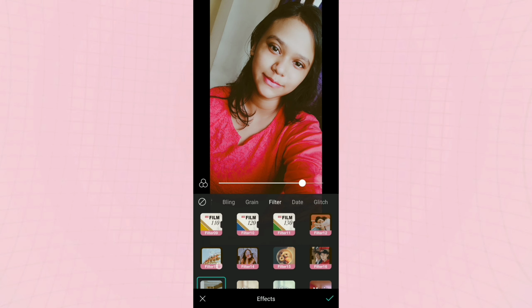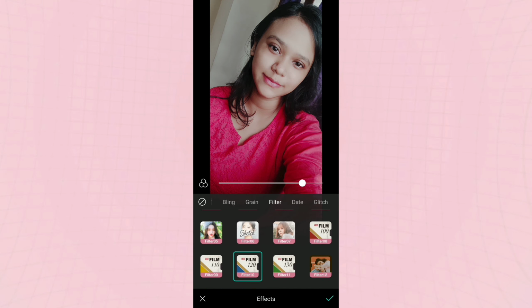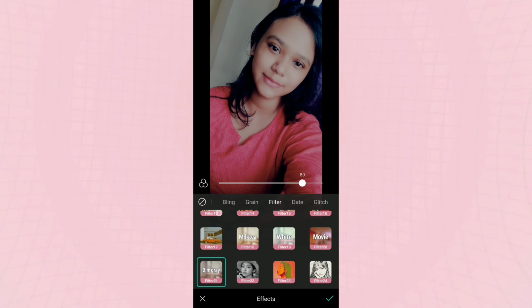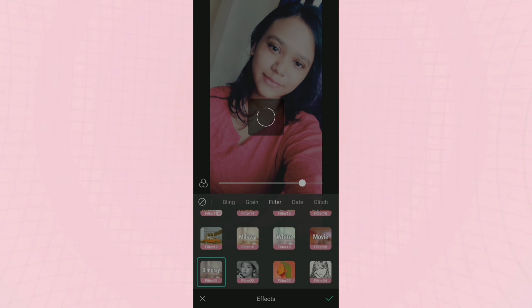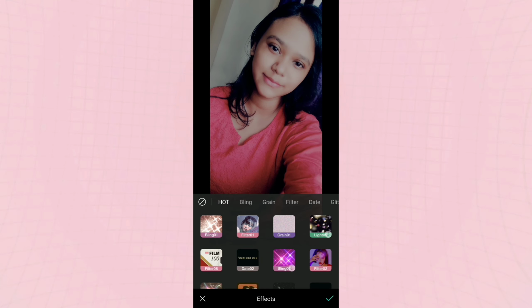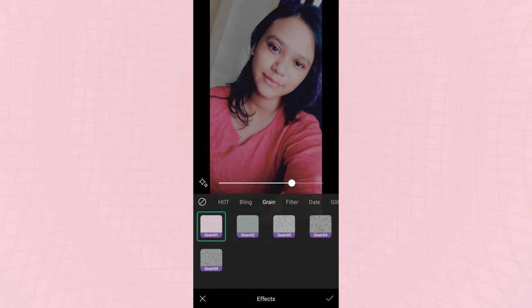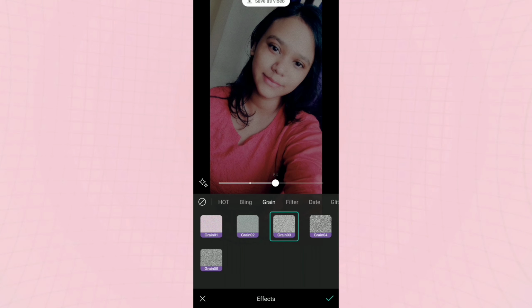Another filter I like, which one is that? Yeah, this one is very cute. Okay, so I'm going to take this dim gray. Look how cute my picture went. And now there are other options. So I'm adding grains to my picture. It will give a grainy effect, which makes it look more aesthetic. It's very beautiful. I'm going to go with the pink grain.